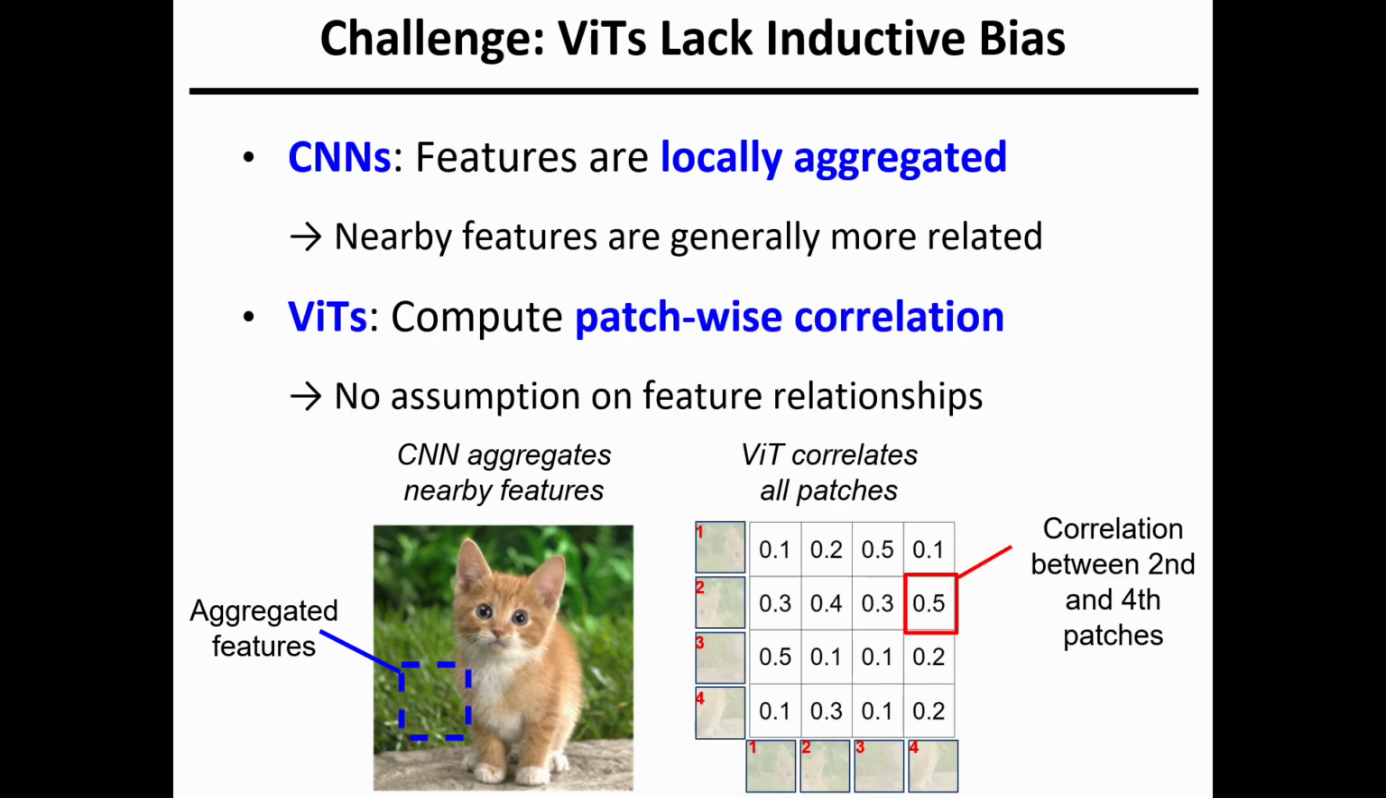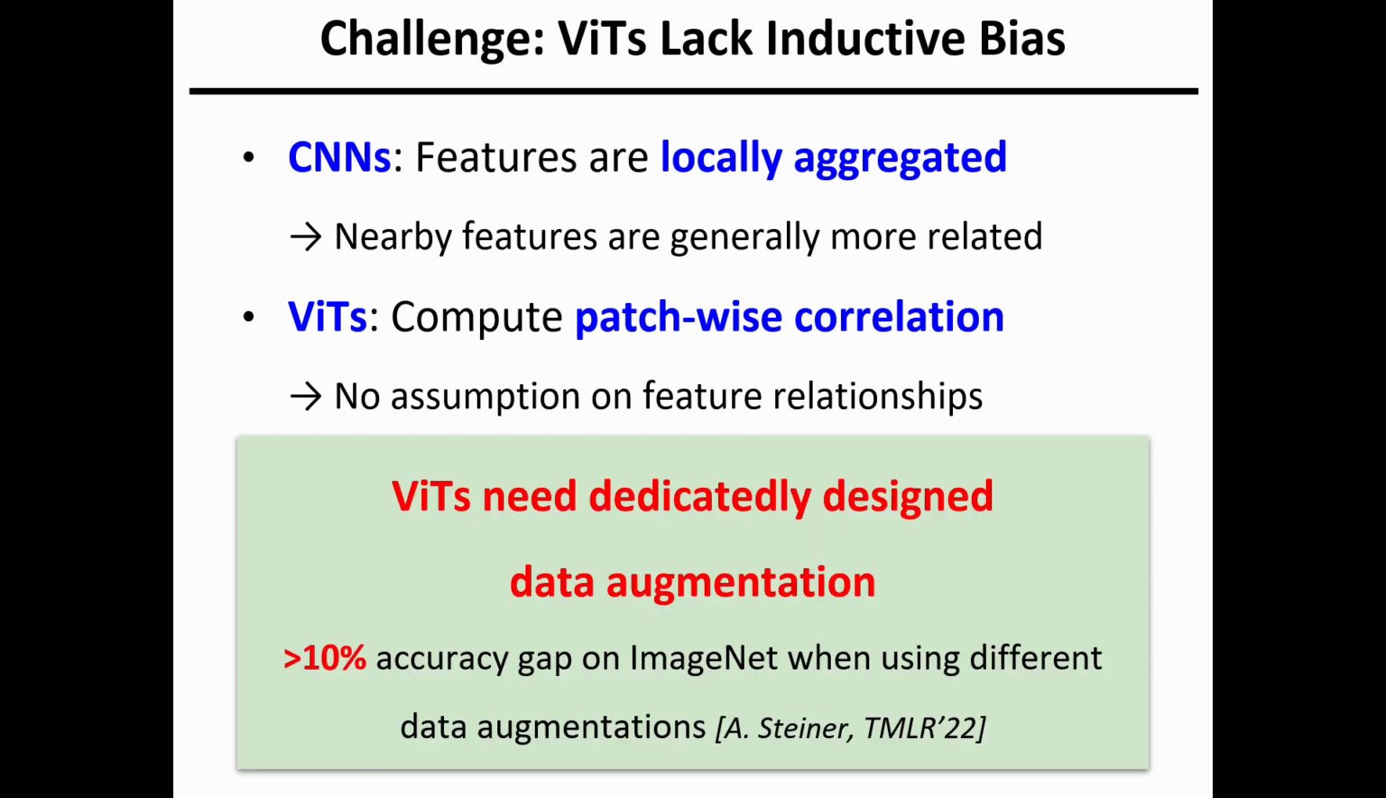But in vision transformers, because it computes a patch-wise correlation, no assumptions on feature relationships are imposed on the model architecture. All the relations between the features need to be learned in the training process, which can be pretty challenging. And existing works have already shown that vision transformers need dedicatedly designed data augmentation techniques to enable